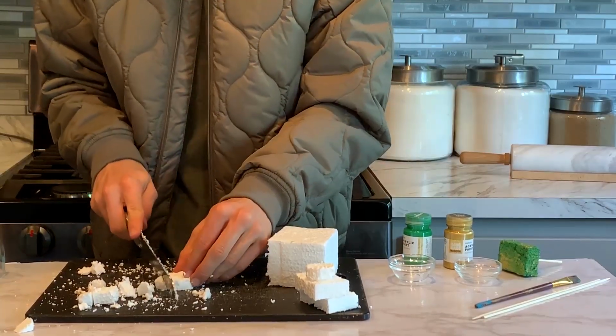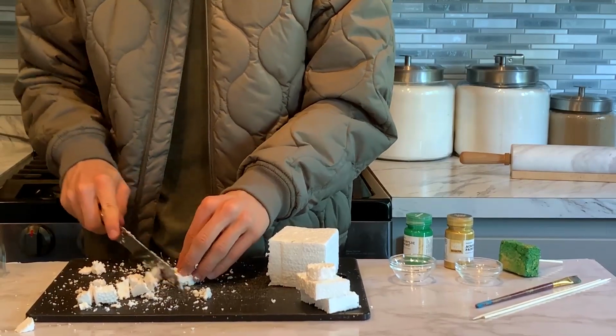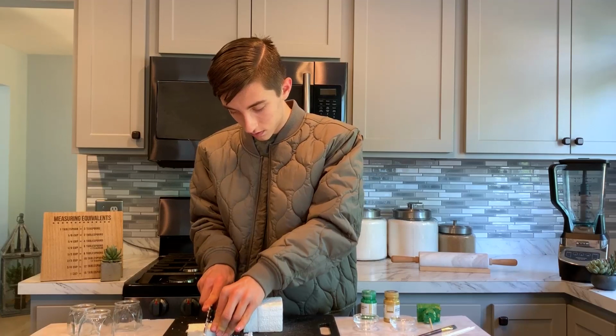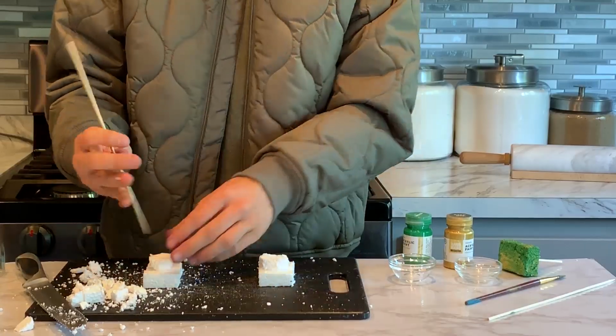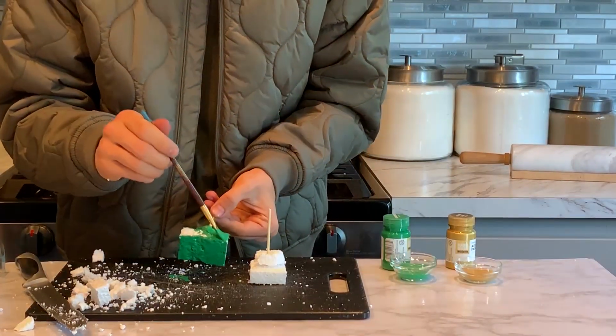With that 1/2 inch thick piece of styrofoam, I'm going to cut out a circle. Actually, it's more like an octagon. I'm going to cut out an octagon shape. And then I'm going to cut out a piece of styrofoam that's about 3/4 inch thick and cut that into a rectangle. Using your skewer, poke holes through both of those so they stick, and then get crafty and start